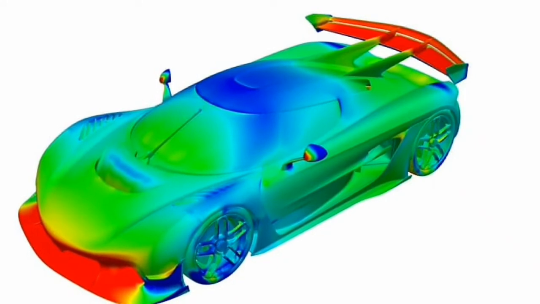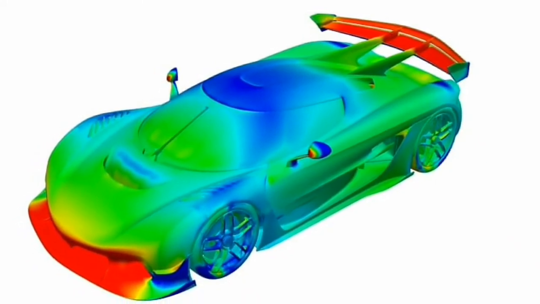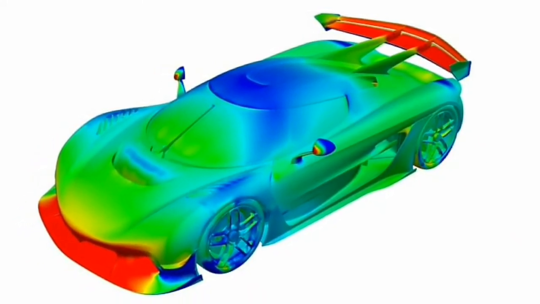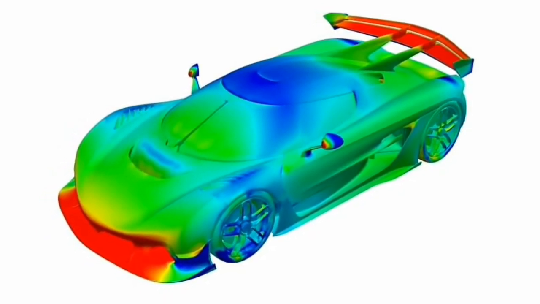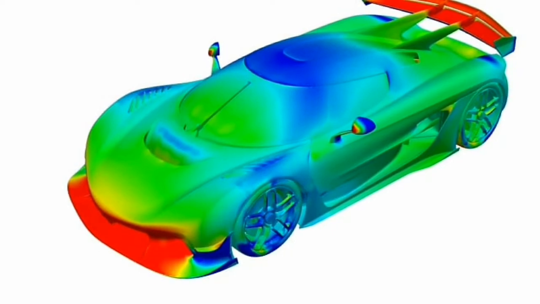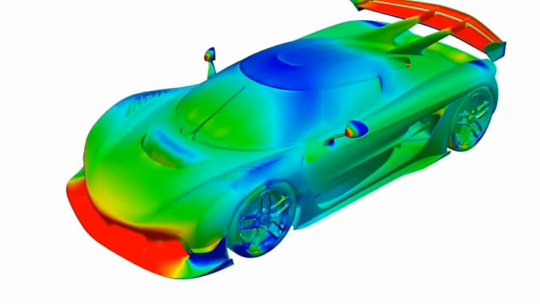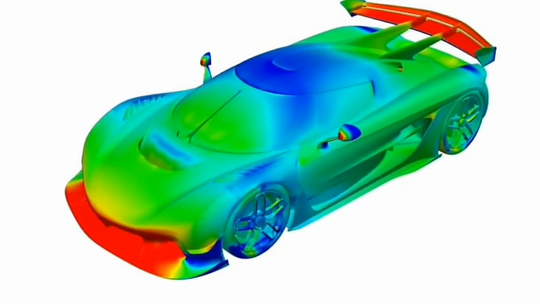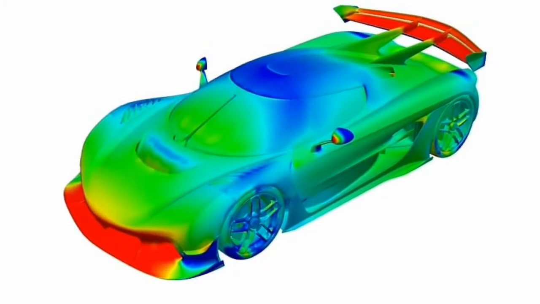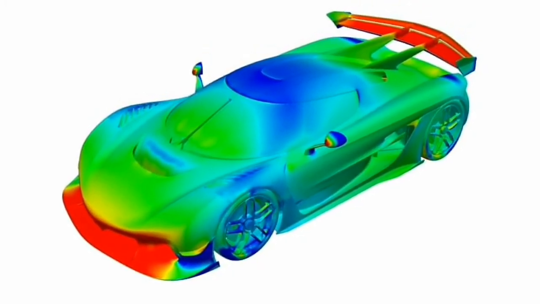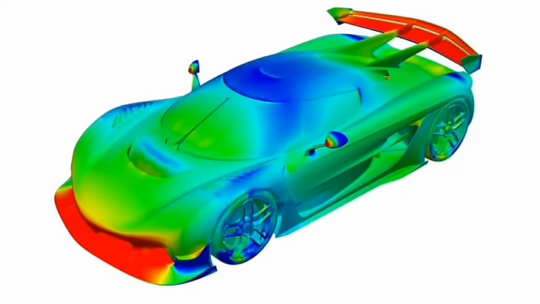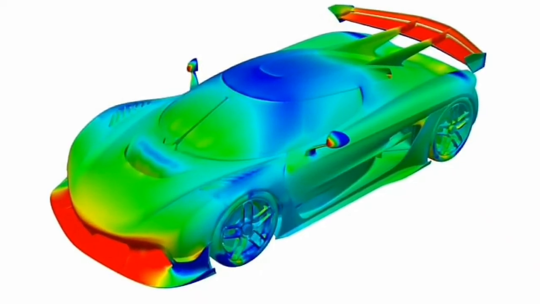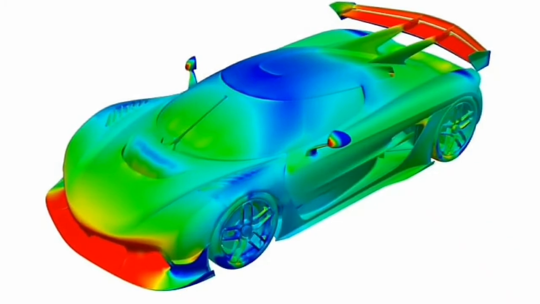The low pressure region is shown in blue, because higher pressure means higher density, since pressure and density are directly proportional. So the blue color shows the very low density region, and as the density rises it changes to green, and the density higher than green is shown as yellow, higher than yellow is orange, and the highest density region, which is a higher pressure region, is shown as red here.